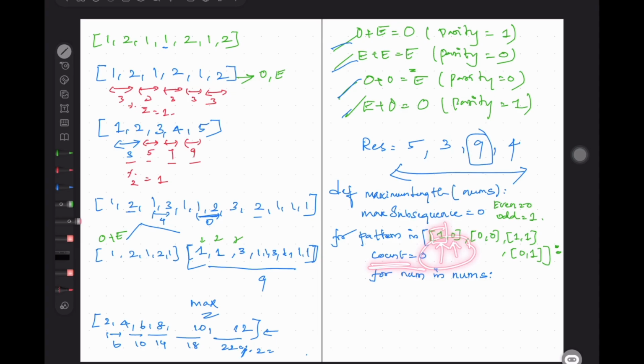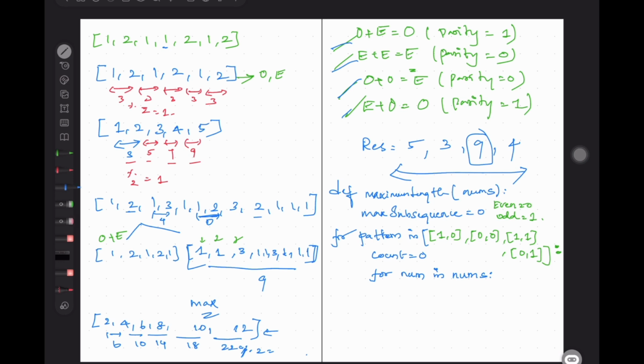So based on the count, if count mod 2 equals 1, which means first element. For example, the count we have got is 4. Now the next element should be even or odd. How will we take it? By mod 2 we know the next element should follow the odd or even index, right? So like that we will be doing.